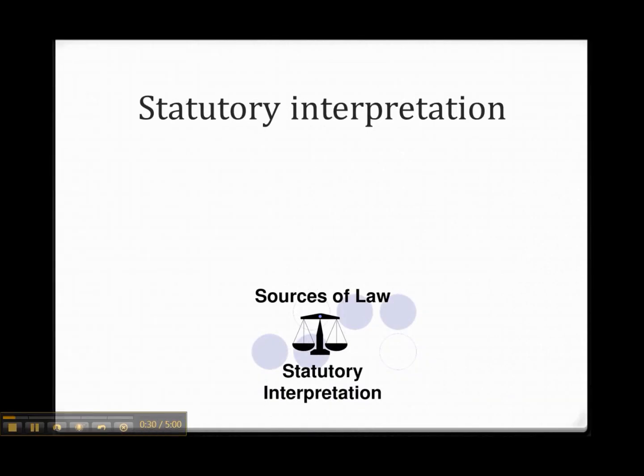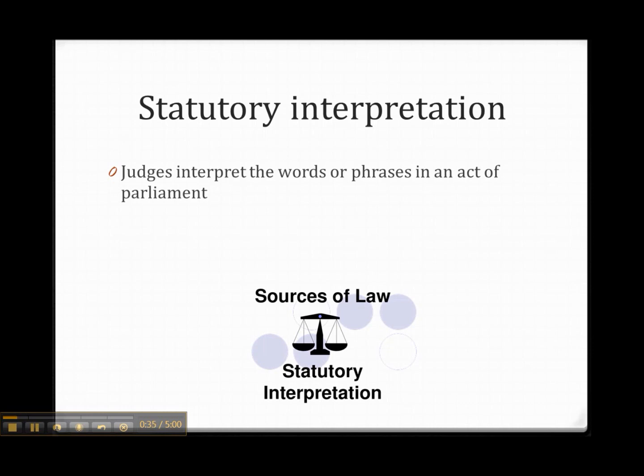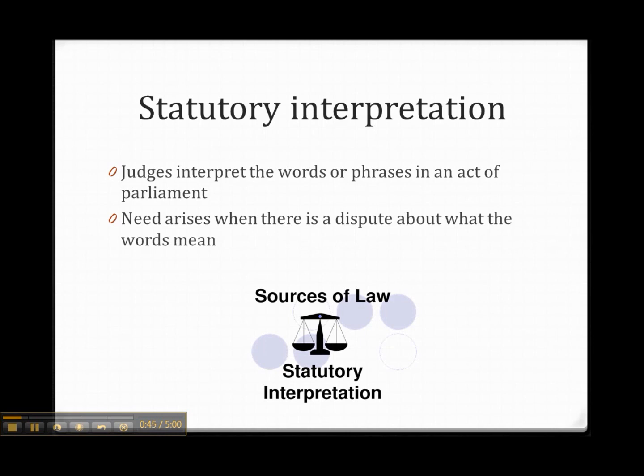Firstly, what is statutory interpretation? Essentially, it is just when judges interpret the words or phrases in an act or a piece of legislation that's been passed by Parliament. The need arises when there's a dispute about what the words in a piece of legislation mean, and in particular it's important to note that judges can only interpret statutes when they apply to the case